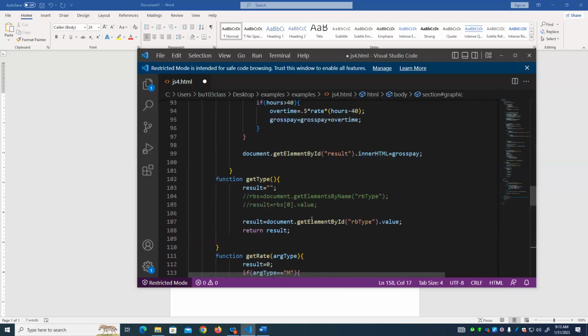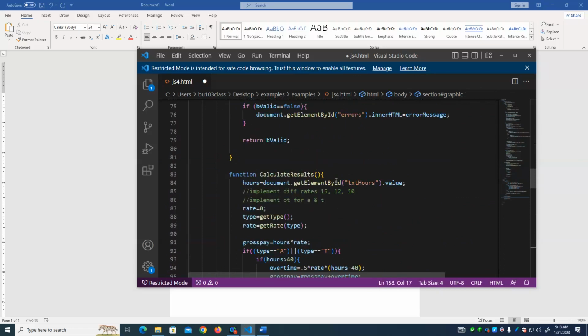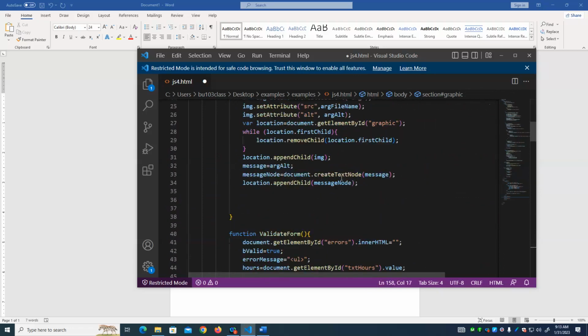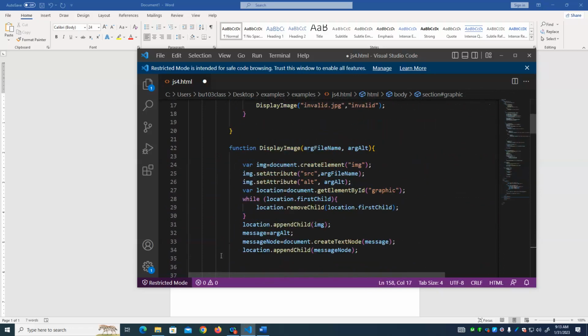We're also going to create some text in there. And that's what this does. We grab a variable message. We create a message node or a text node that contains our message, and we add that also to location. So in other words, when we run this,